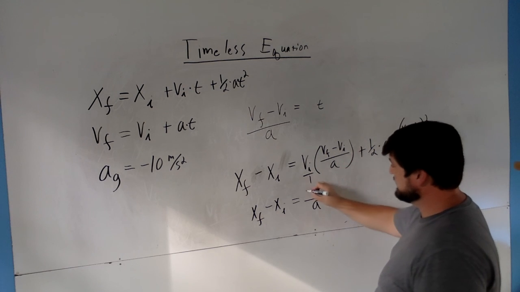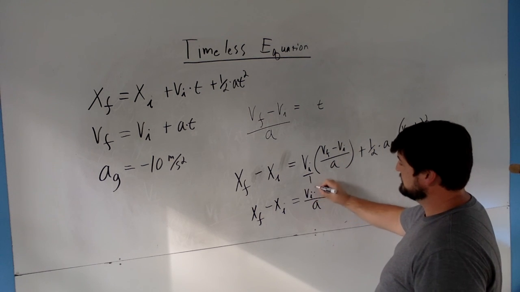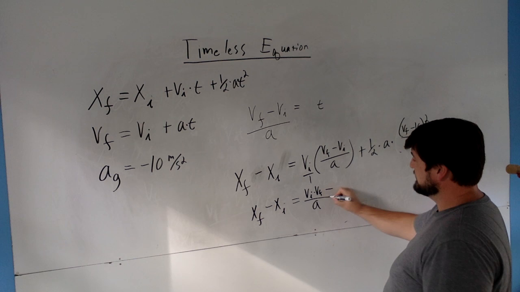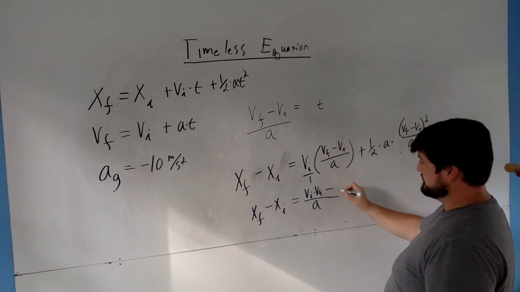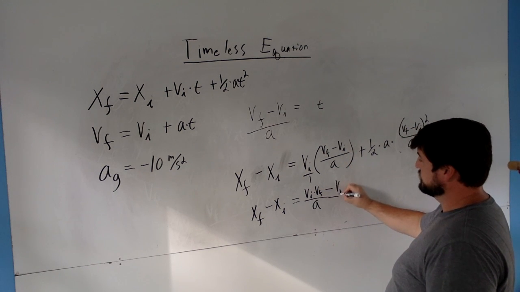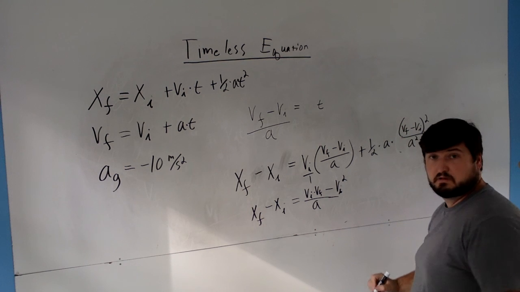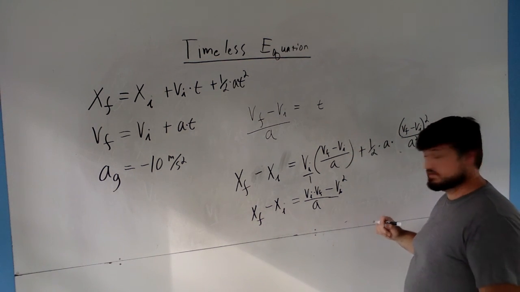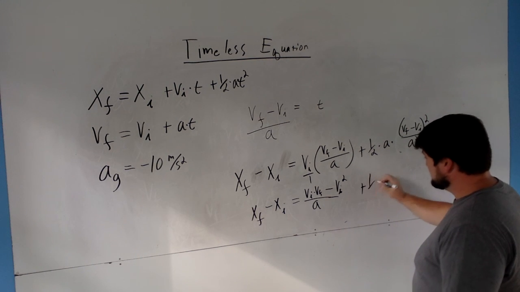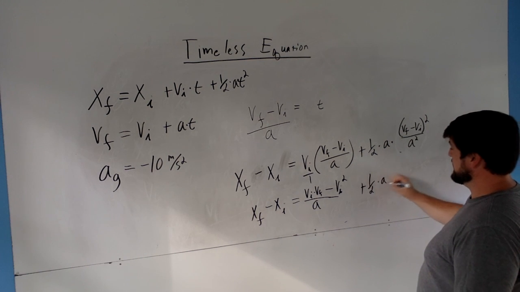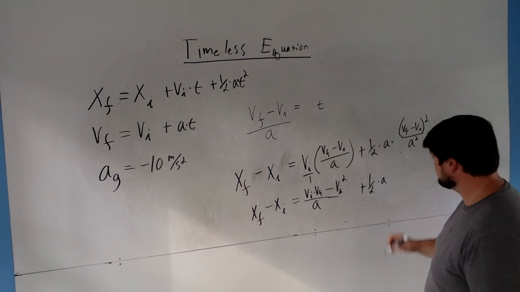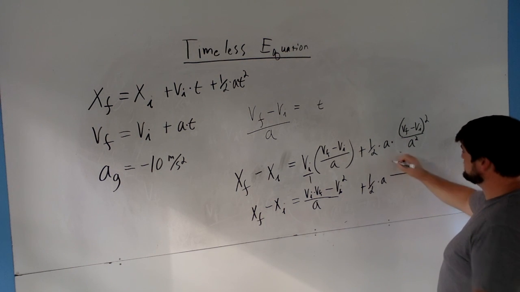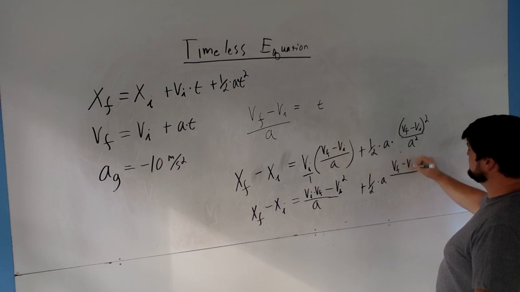So I end up with VI times VF, and then minus VI times VI, minus VI squared. Okay, so that term is now the same as that one. That one's done. You can check it off our list. All right, so we got 1/2 times A times all this business. Okay, so let's look at this. V final minus V initial